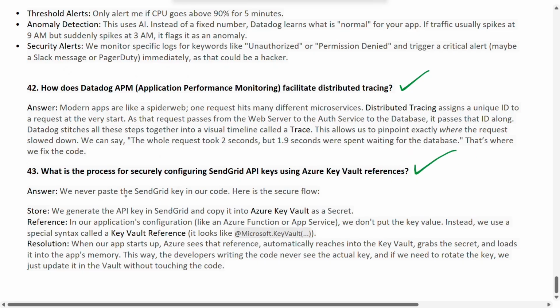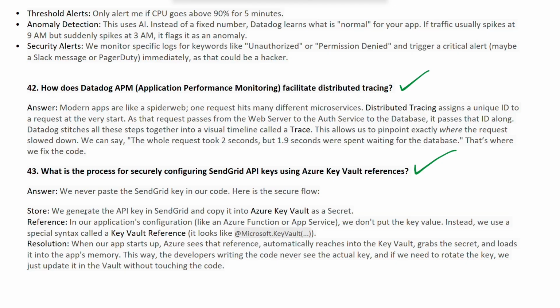And then moving to the final question: what is the process for securely configuring SendGrid API keys using Azure Key Vault references? Here, we never paste the SendGrid key in our code. The secure flow includes store, reference, and resolution.